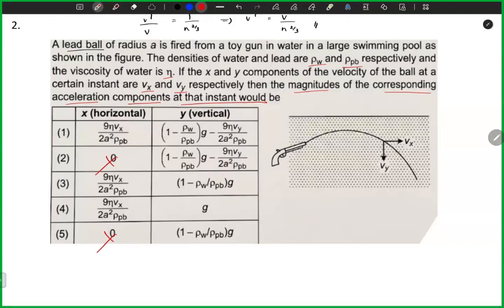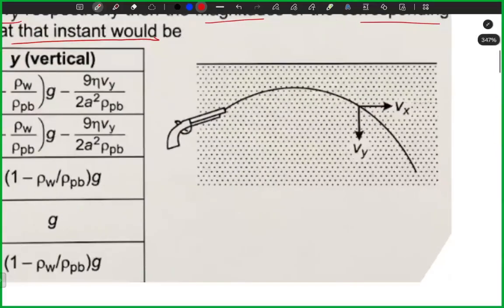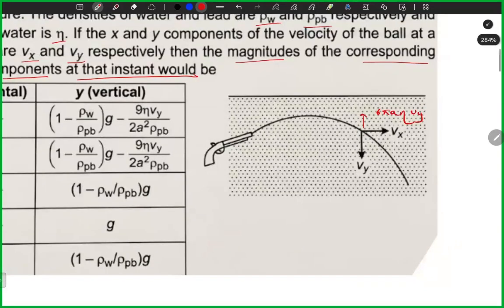and tell me, of course, there's an effect from what? The viscous force, right? There's definitely an effect from the viscous force. Why? Because viscous force is acting upwards. You are going down. 6 pi a eta vy. So there is an effect from the viscous force on the resultant force, because in that expression,